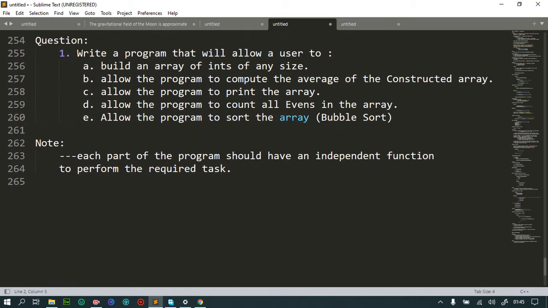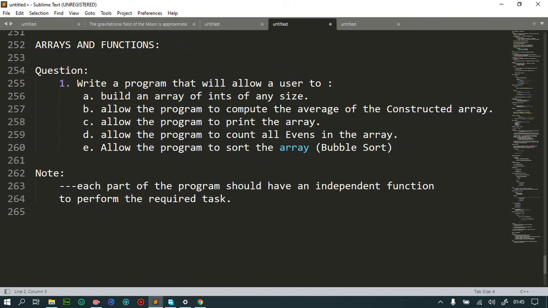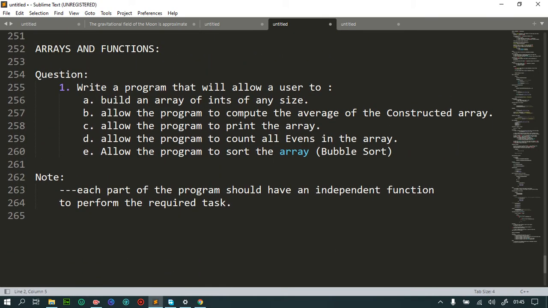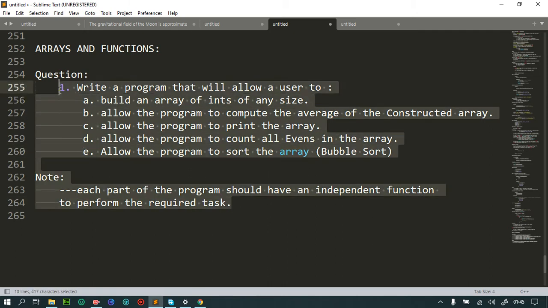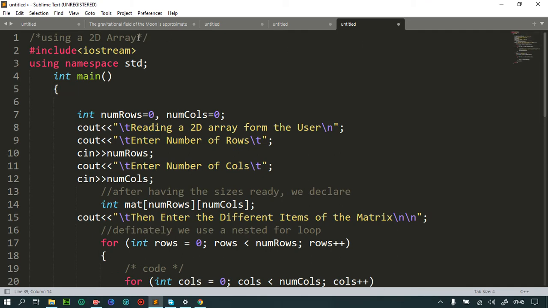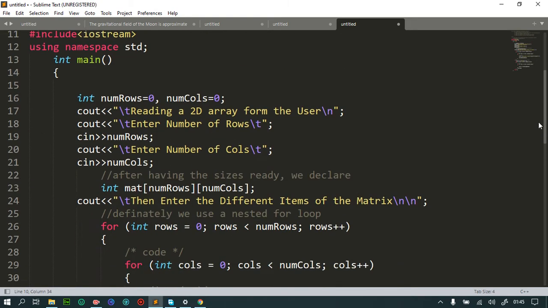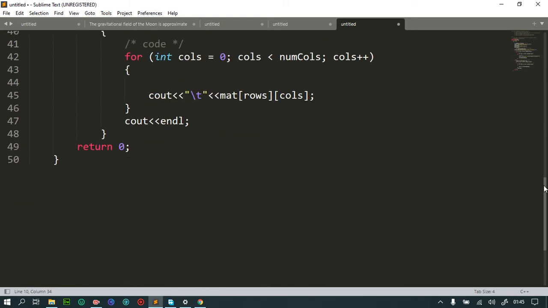But for this case, since we are combining only arrays and methods, this is a beautiful question that is going to help guide us. So as usual, I'll copy the question, I'll come here and paste. This is a program that we had earlier, but as usual